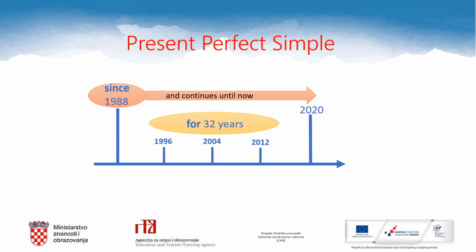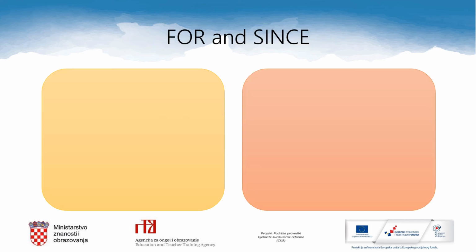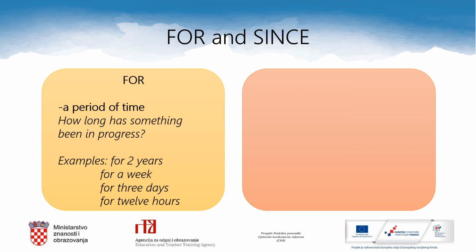So when we talk about the time when the action started, we use since. When we talk about how long has something lasted, we use for. So the action in the sentences has been in progress since 1988, but it has lasted for 32 years. Let's revise this once again. We use for when we talk about a period of time